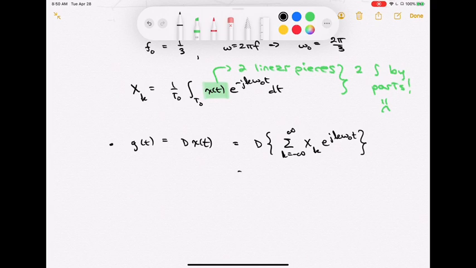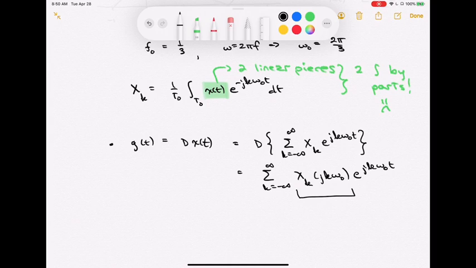If I took the derivative through that, derivative of the sum is the sum of derivatives, so that's going to be a summation k equals minus infinity to infinity. I don't have to do all of this. I'm going to just do it this single time. I get an x of k, derivative of that exponential gives me a jk omega naught, and I'm going to have an e to the jk omega naught t. So this looks like a Fourier series for a waveform whose Fourier series coefficients are given by xk times jk